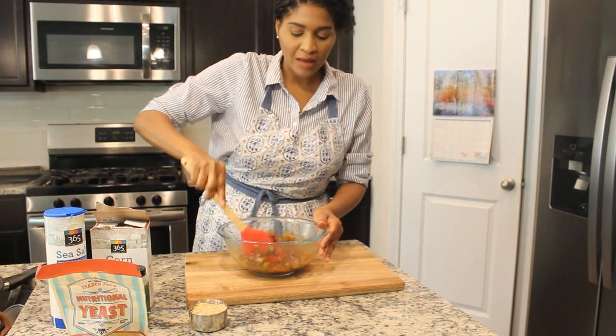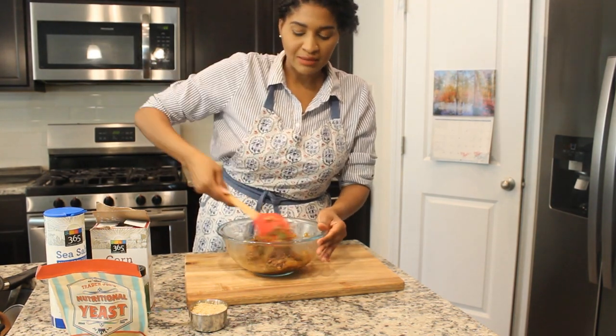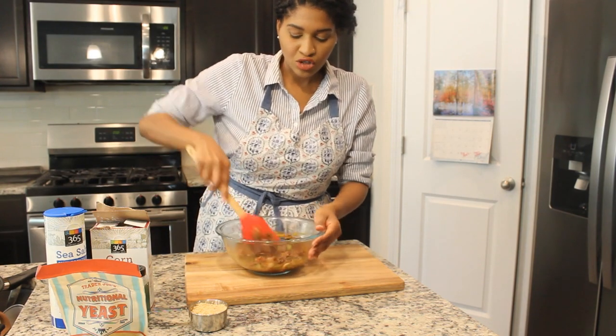So this is just a great option if you don't want to eat meat, or if you're vegetarian, or if you want to take a break to make meatloaf and still have that savory, delicious dish that's so popular in our culture without the meat. So yeah,